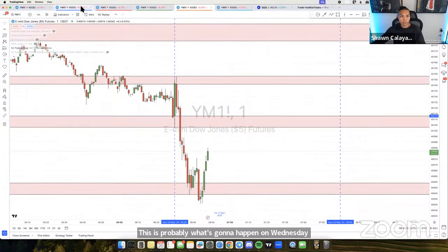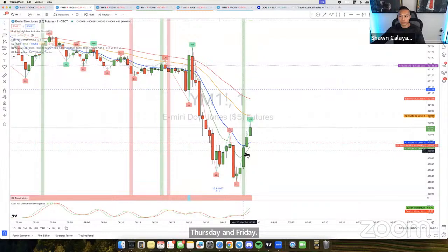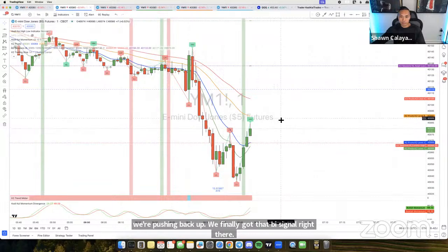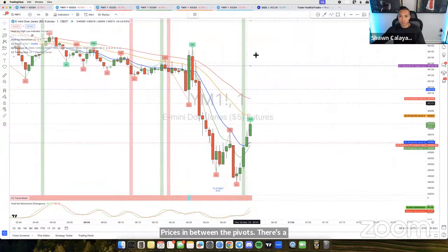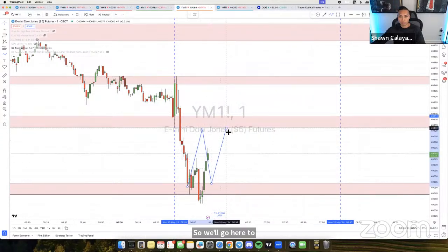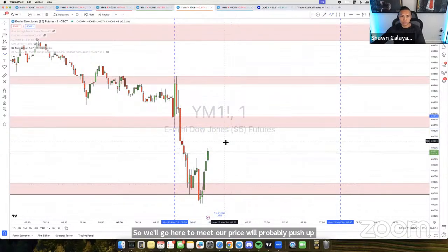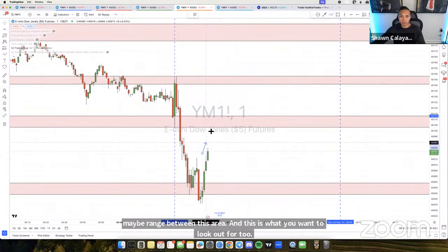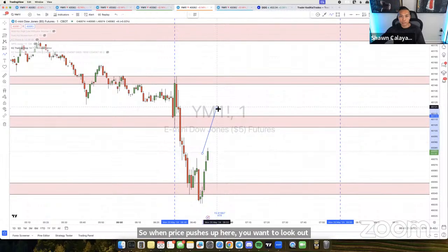So we're pushing back up. We finally got that buy signal right there. Price is in between the pivots. There's a couple scenarios here that can happen. Price will probably, so we'll go here to the green chart. Price will probably push up, maybe range between this area. And this is what you want to look out for too. So when price pushes up here, you want to look out for the fake out. So if price fakes out here,